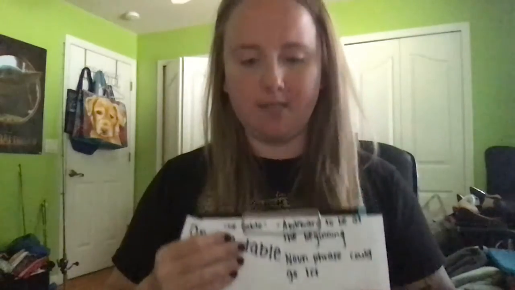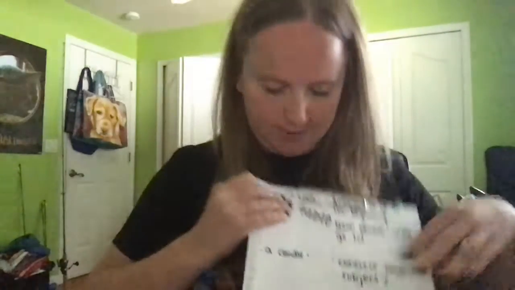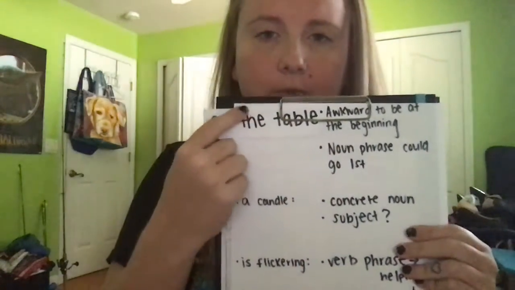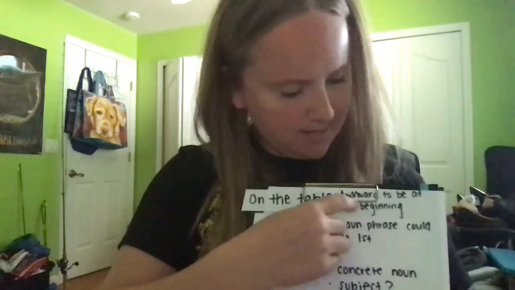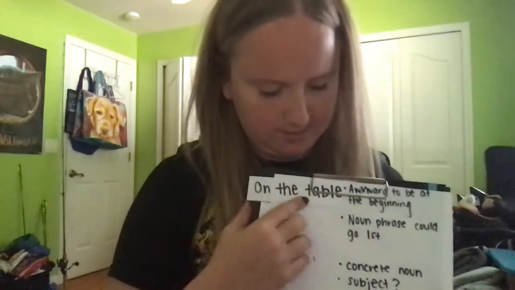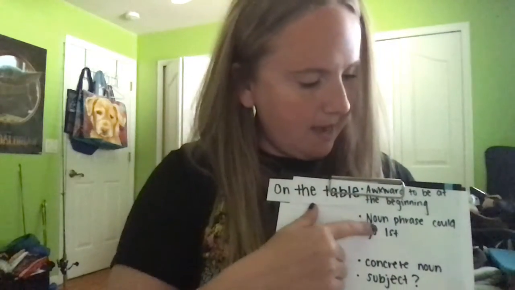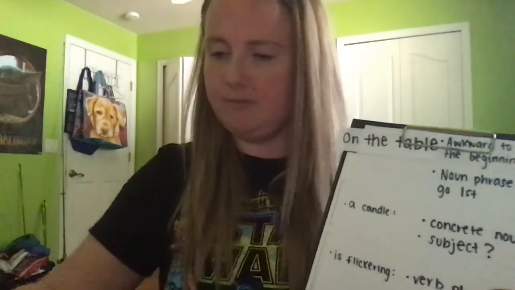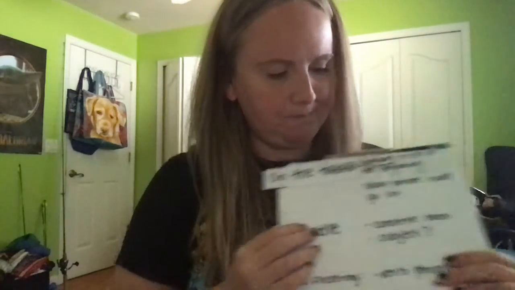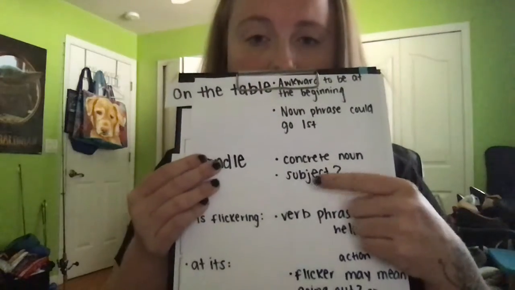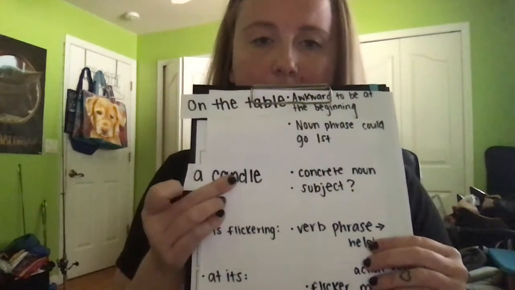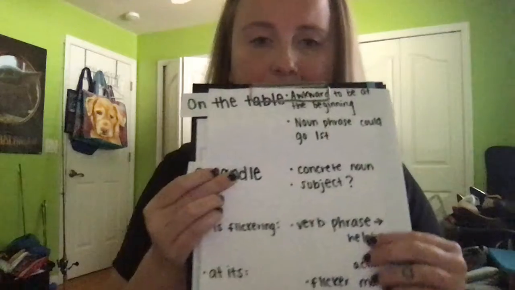And then they're going to discuss what "on the table" means. So they wrote awkward to be at the beginning. I do think "on the table" does seem kind of weird to start with. Noun phrases could go first. So now if we go to our next thing, "a candle," that would be glued down. That possibly is what we think could be the subject. It's a concrete noun. So all we would have to do is capitalize the A to make this the beginning of the sentence. If we move on to "is flickering,"